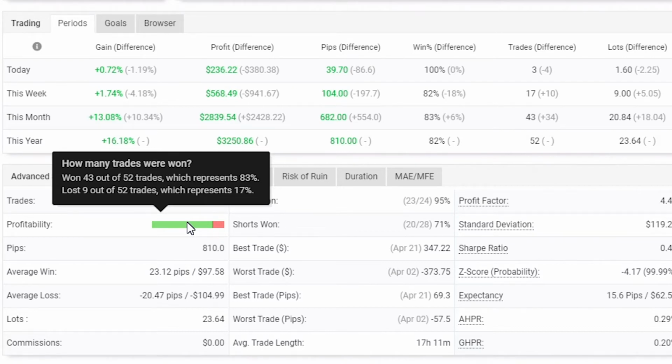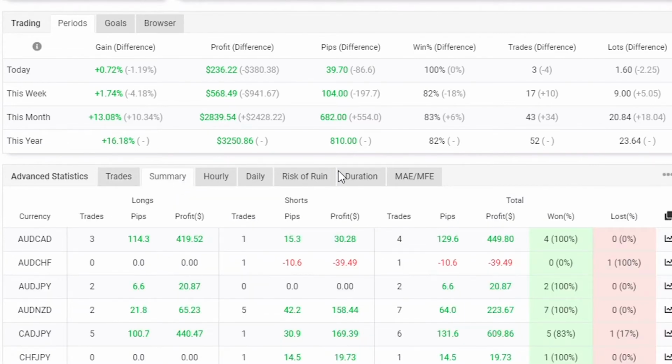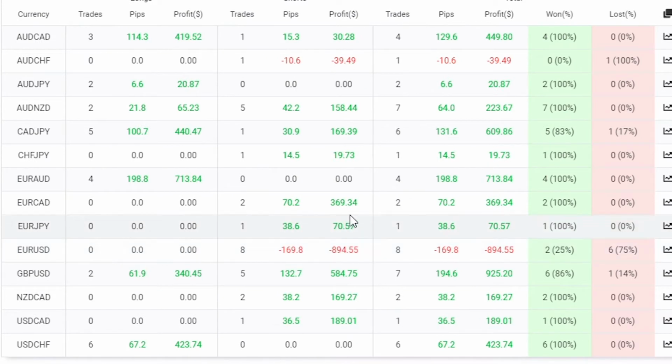And as I can see from looking at the graphs, Valerie is a consistent trader, but I'm now curious to see what pairs Valerie has traded. Valerie has been very adventurous and traded quite a few pairs. And if you look at how Valerie has made her 10%, Valerie has some big gains here on the Canadian dollar yen, on the euro AUD, on the pound US dollar, which is a trader's favorite, and the US dollar Swiss franc. So moving forward, Valerie, I always recommend to traders just master a few pairs and you're much more